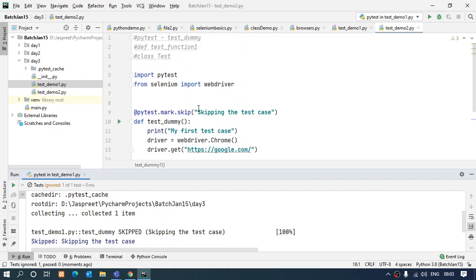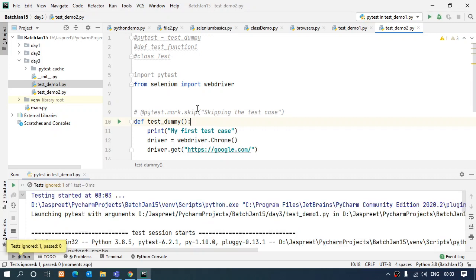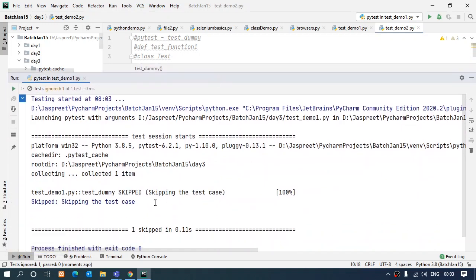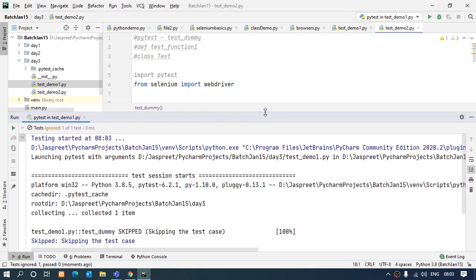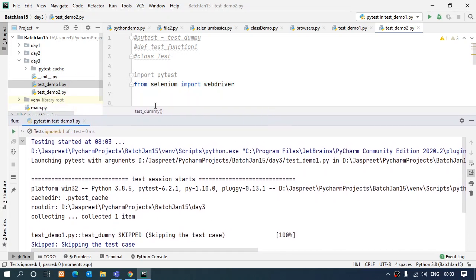Let me just remove this annotation for the time. I don't know why it's behaving like this.